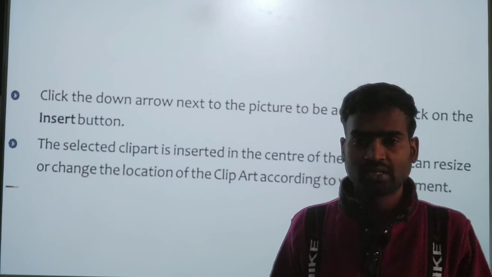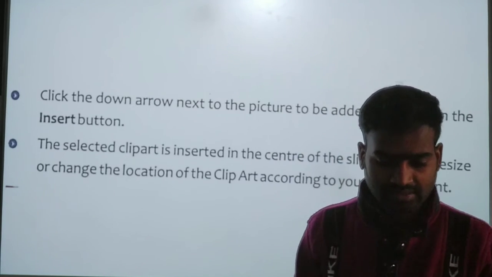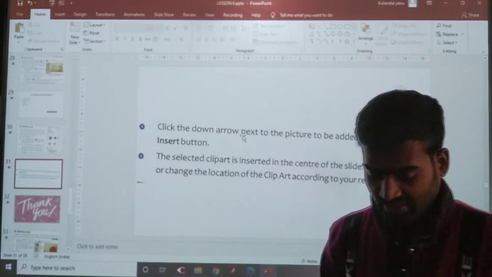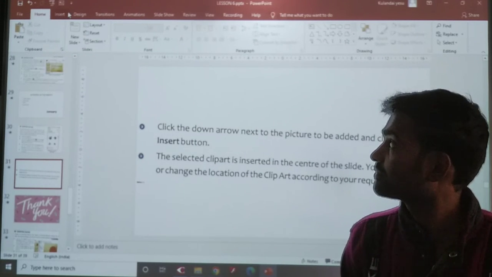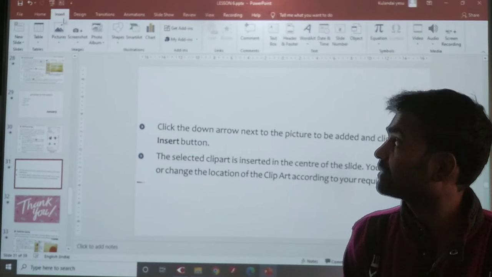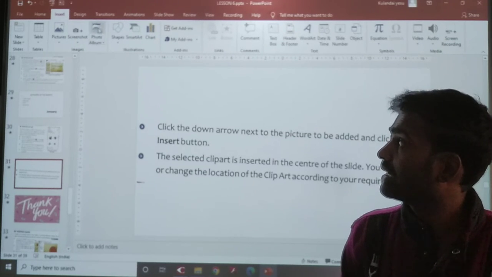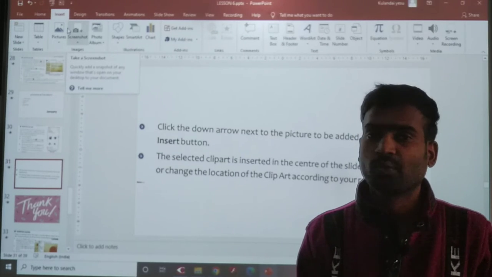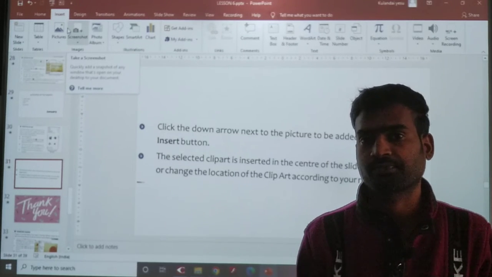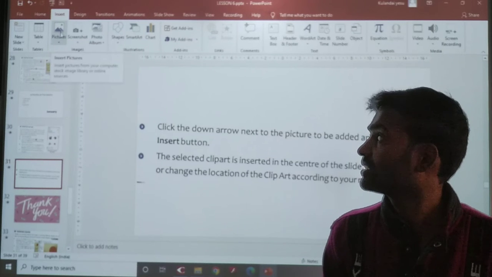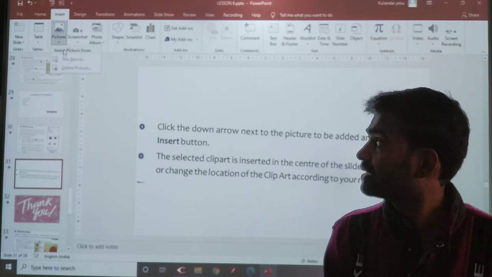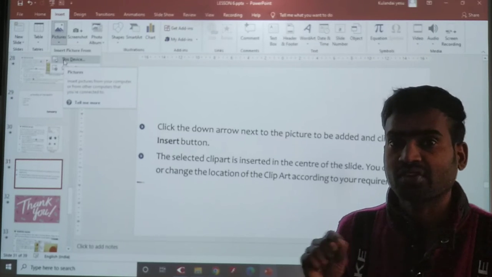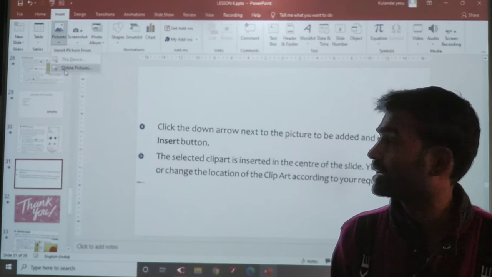Yes, dear children. I'll just show you where it is. How to insert it? We have to go to the insert tab, under the images group. As I said, the latest version doesn't give this facility, but we can work from the internet, right? See here, pictures: we can insert from this device, meaning from the computer if you have it, or from online pictures.